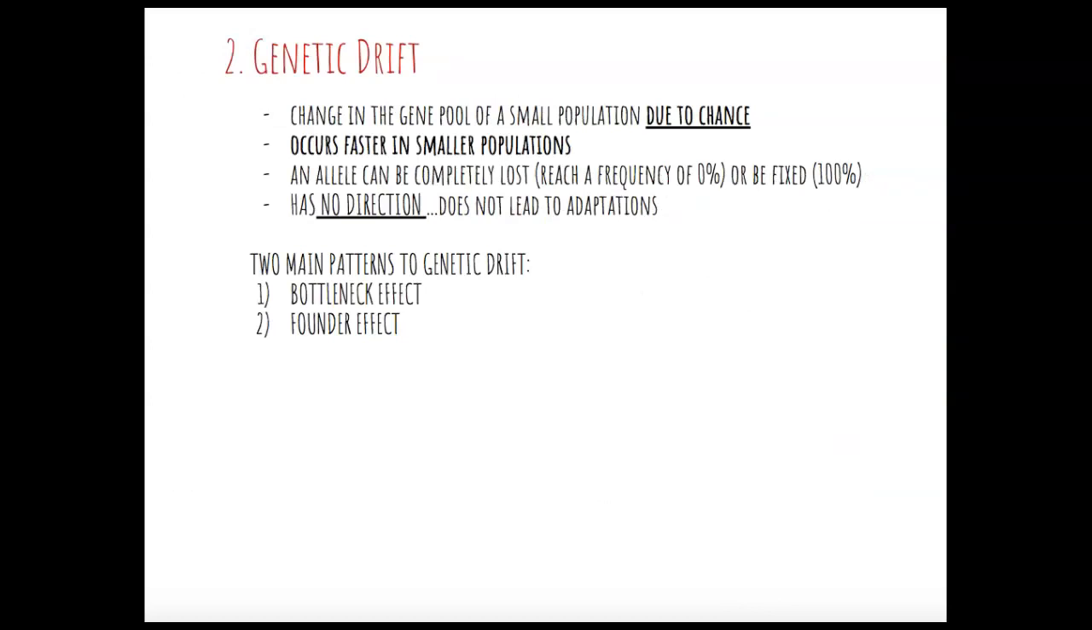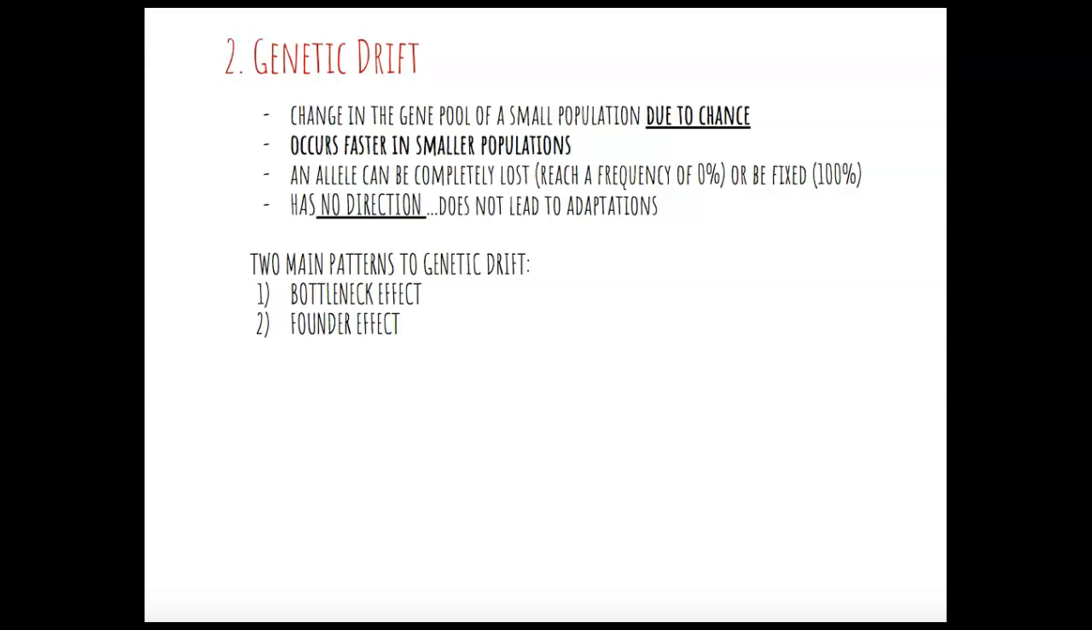The next driver of microevolution is called genetic drift. This is a change in the gene pool of a small population that is due to chance. So when we talk about genetic drift, we're talking about chance events that are affecting the allele frequency in the gene pool of populations. This occurs faster in smaller populations because if you think about a random event occurring, if you have a large population, even if